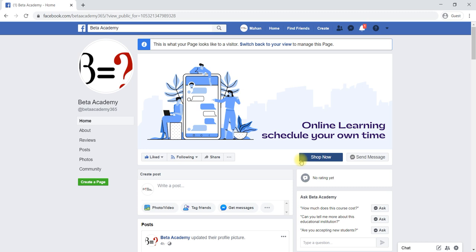We will cover that once we have learned how to create an Instagram account. In that particular section, it will be shown how to link an Instagram account with a Facebook account, how to link those two accounts, Instagram as well as Facebook.